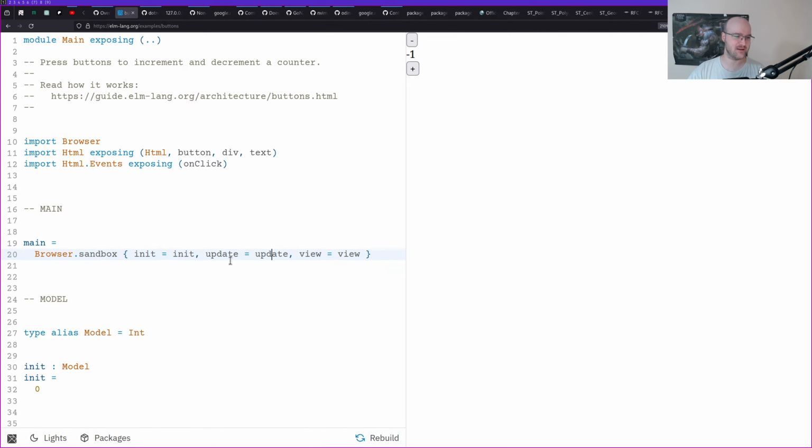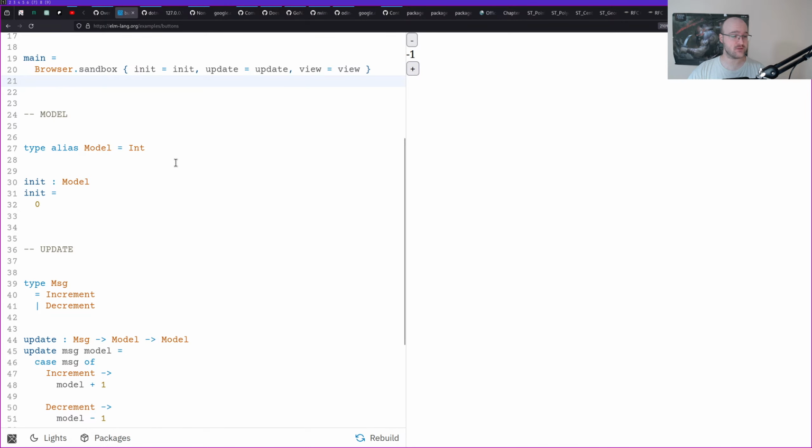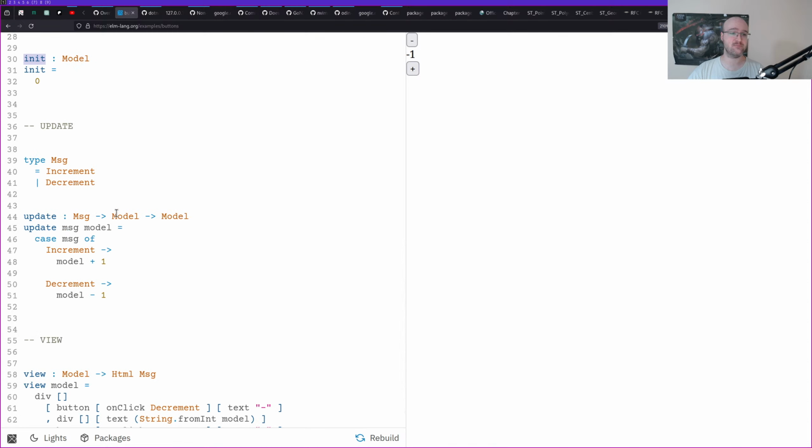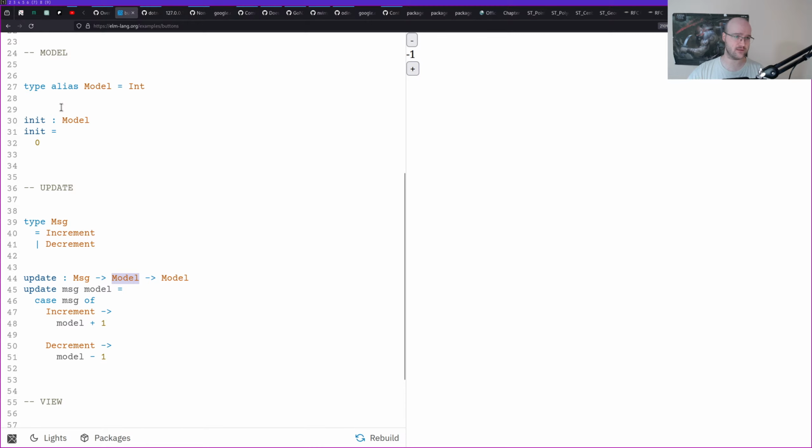But yeah. Anyway, so you have this idea that basically you have an initialization function, you have an update function that takes messages and a model. Your model is the state of your app. In Elm, you just do global state. And we take a message. Here, the messages can be increment or decrement. We could also say, hey,